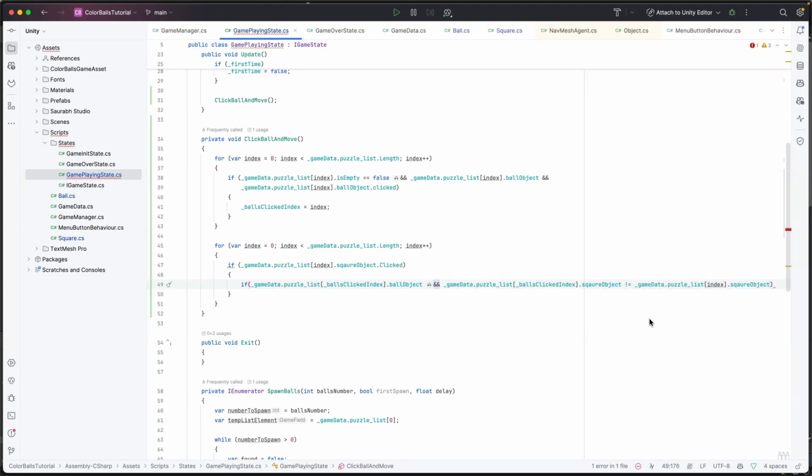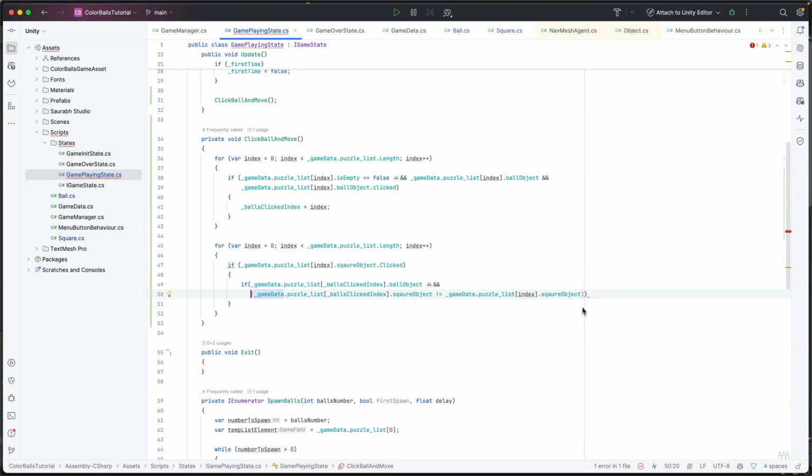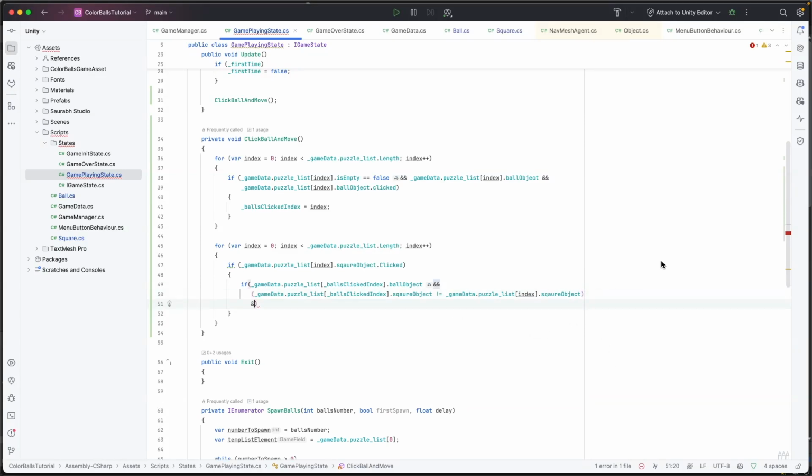So if this is a different square, and let's add another brace inside here, so we just do the separation,